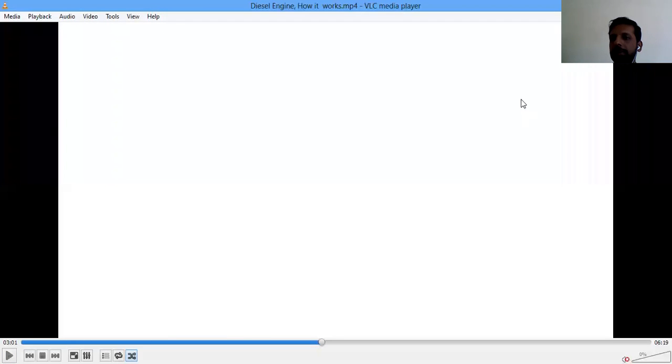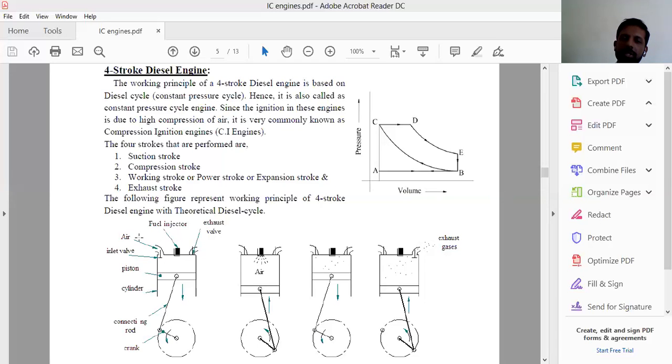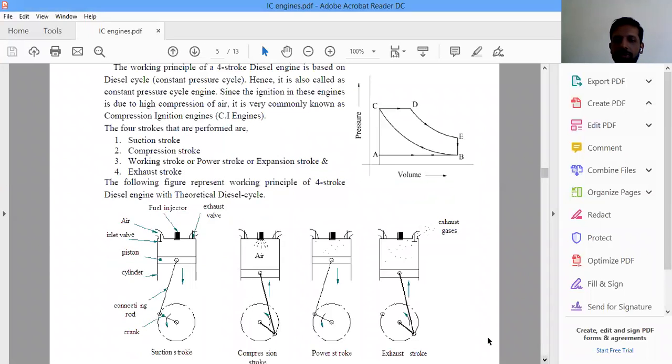What we require. So during this time, after all these four strokes, let us see along with the PV diagram for a four-stroke diesel engine. For a four-stroke diesel engine, once again similar to a four-stroke petrol engine, we have to write the individual diagram for every stroke. So for the suction stroke, as usual, as represented for a four-stroke petrol engine, draw the diagram